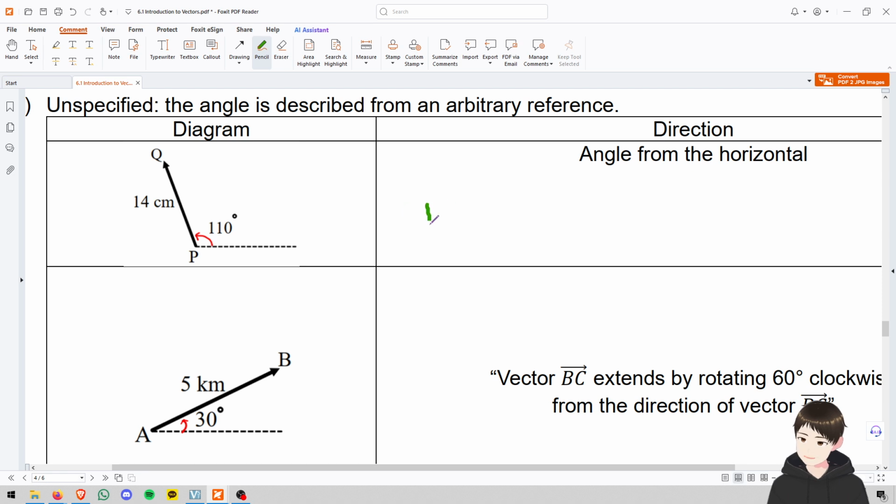Vector PQ would be 14 centimeters rotated 110 degrees from the horizontal, north of the horizontal. So I'm not going to write, I think I'm going to type it out. Ready? Is 14 centimeters rotated 110 degrees. And I might have